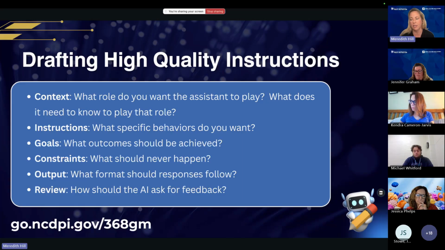And that's going to be the case when you're training your AI assistant as well. And I want to tell you too, one of our objectives today was to leave with a draft of an assistant. I want you to think about your creation of this AI assistant as kind of being a long-term project. You will start it today, and then you might, after you use it for a couple days, think, oh gosh,